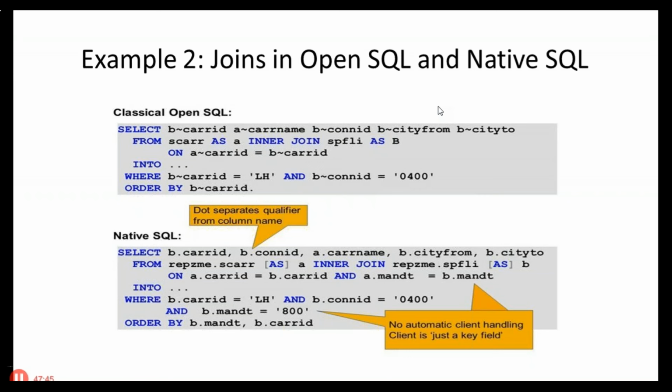Now in this classical OpenSQL, we have b~carrid, a~carrname, b~connid, b~cityfrom, b~cityto from SCARR as a inner join SPFLI as b. So this is how we write the inner join condition in our normal SQL program. In native SQL, we'll write like this: B.carrid, B.connid, A.carrname, B.cityfrom, B.cityto